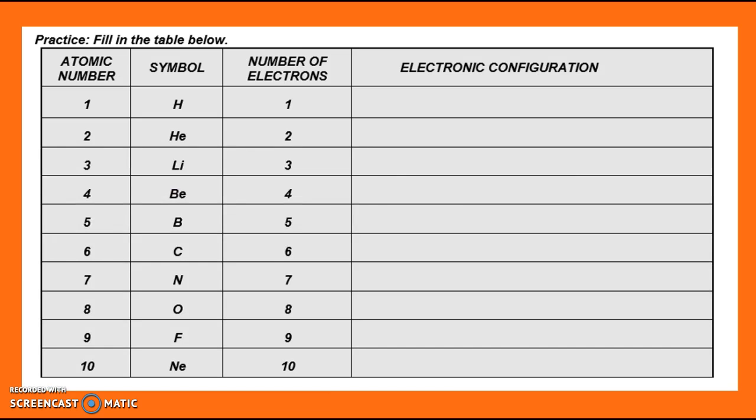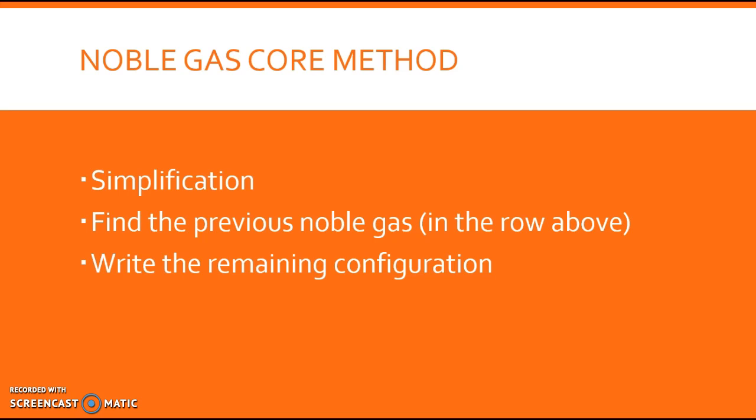All right, so there's plenty more that you can practice here. But you're probably wondering, is there a shortcut to do this? Because they get pretty long, if you look back at antimony there. Yes, there is. It's the noble gas core method. What you do is you find the noble gas in the row above, and then you write the remaining